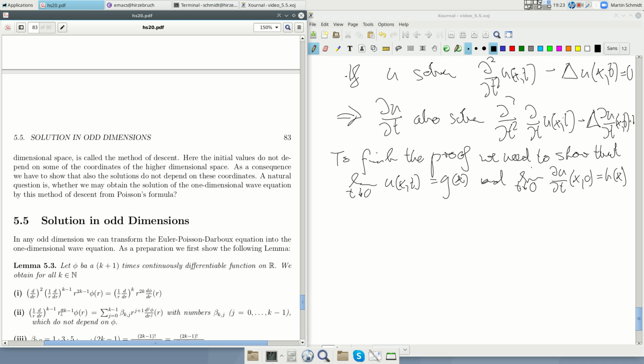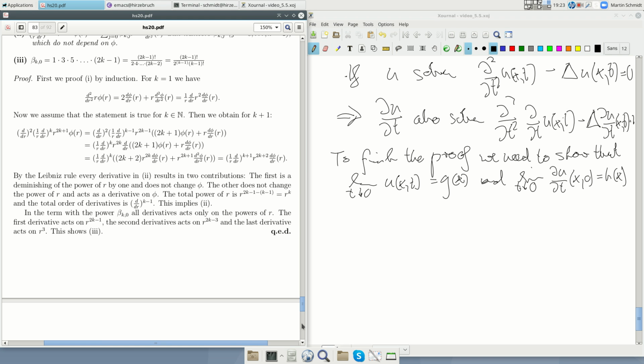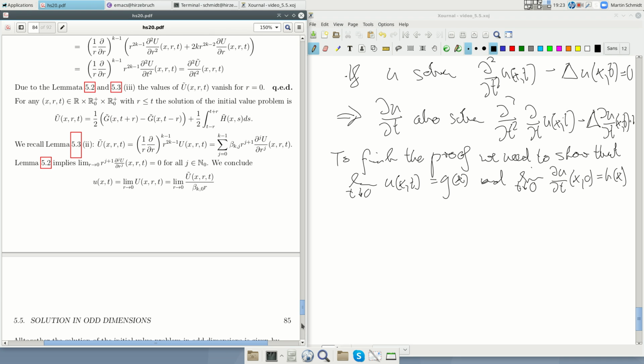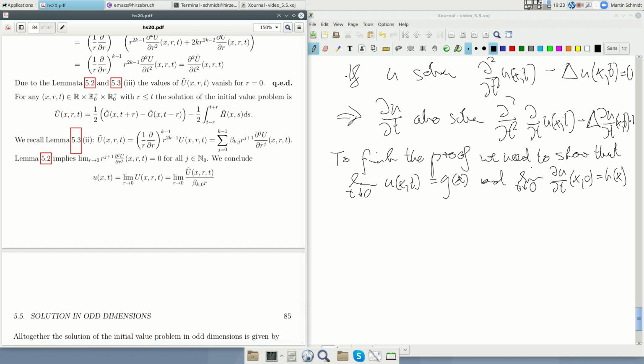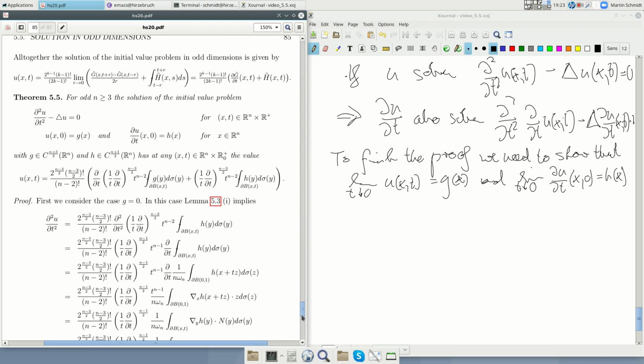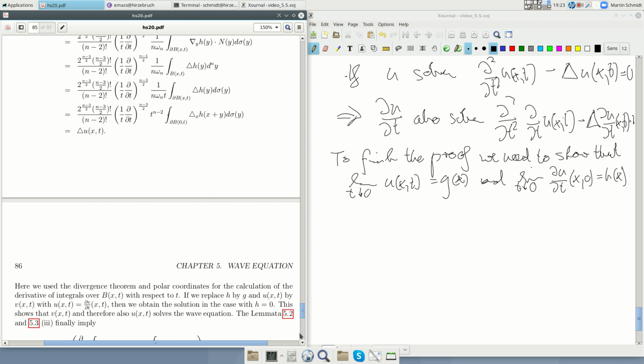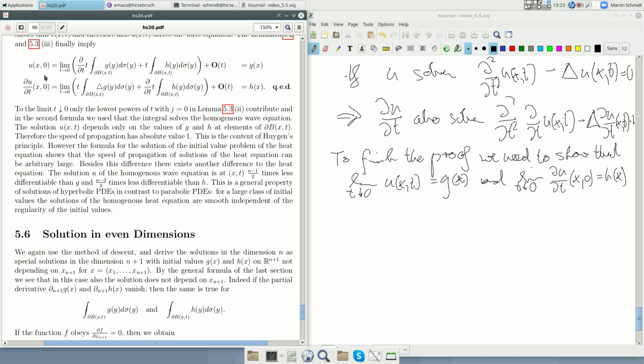Now we again apply this formula here. Since we want to take the limit t going to 0, and the radius is t, we only have to consider the lowest term. This is the calculation, and so this means for this formula, for the value, since we have to take the limit t going to 0,